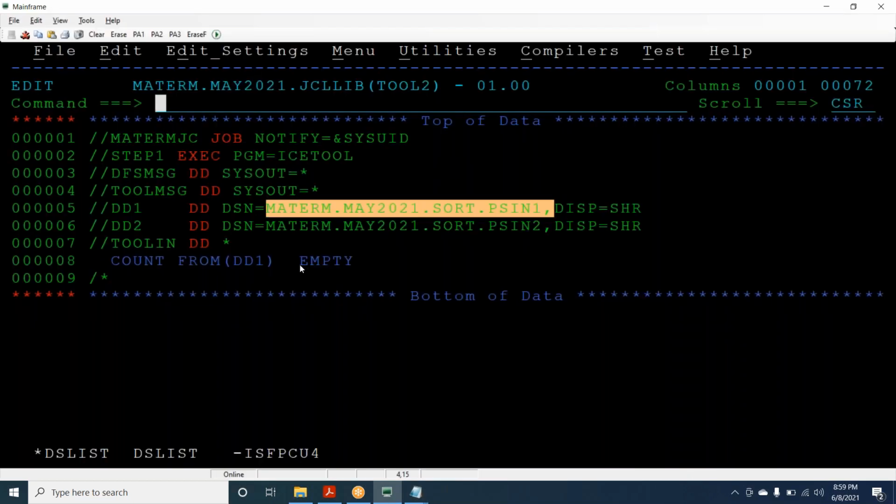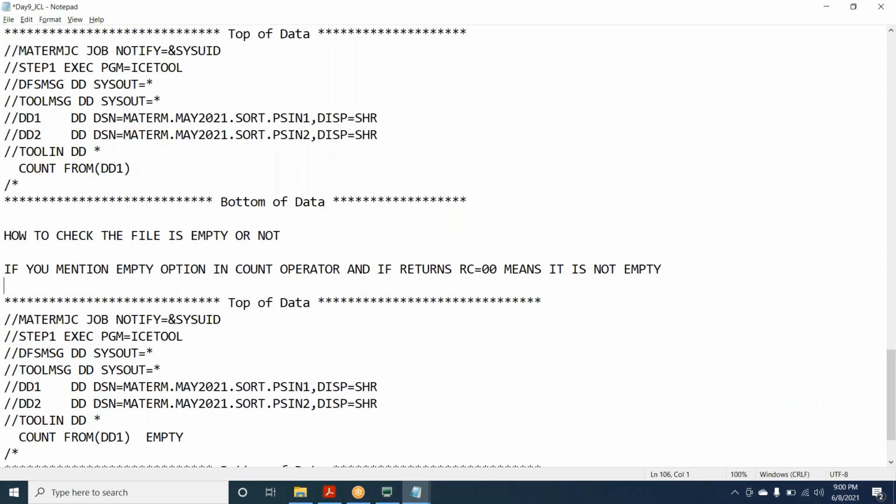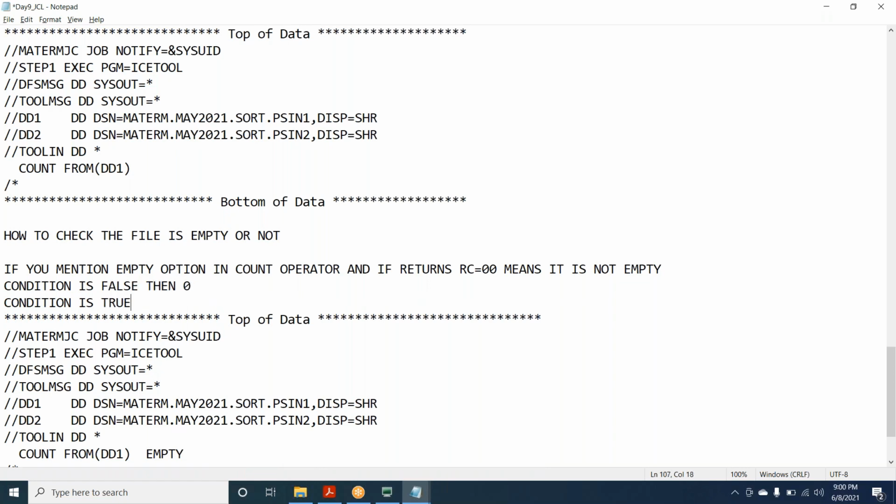Now I will give no empty. So this no empty is true. If the condition is false, then 0. If the condition is true, then 12, I guess.